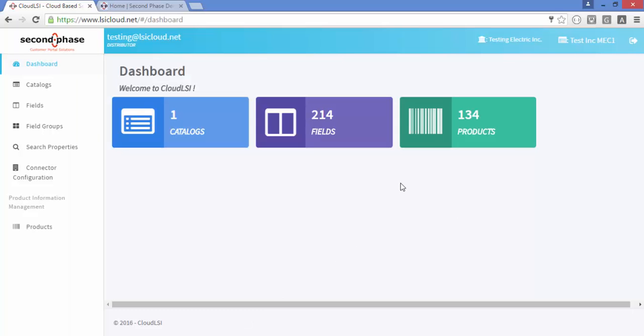Once you have logged on to the CloudLSI tool, look for the Product Data Model options on the left bar panel. CloudLSI Product Data Model gives you the capability to set up your product attributes or fields in such a way that you enable your clients with an easy, fast way to find the products that they need with as few keystrokes as possible. The product data model options are